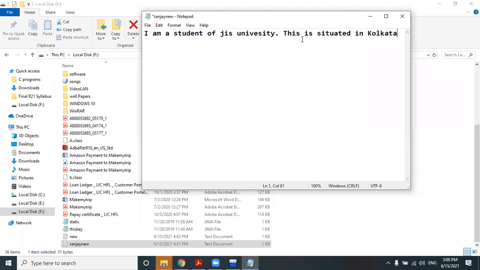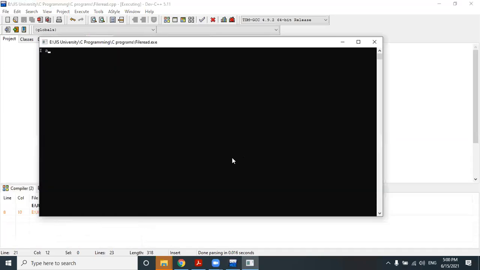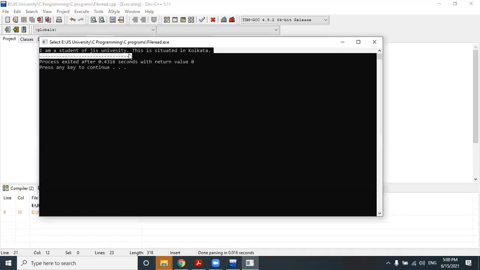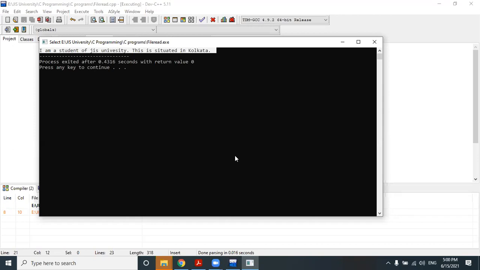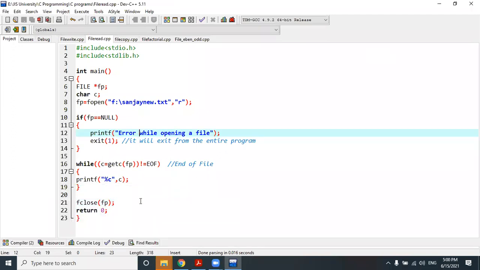Suppose by force I enter the file in Windows and change its content. Again I read this entire file with the C code, and it reads as it is, including the changed contents of the file. So this is reading of a file, not writing.